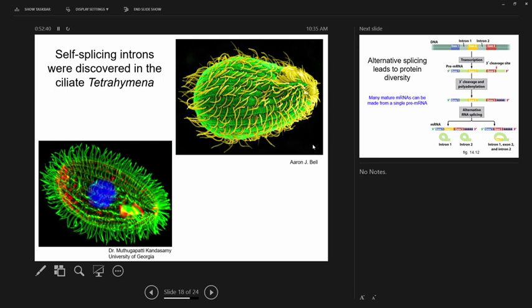This self-splicing is the first example, as far as I know, of ribozyme activity ever discovered. Ribo for RNA, so ribozyme, like an RNA acting as an enzyme. And when they found out that this happens in splicing,